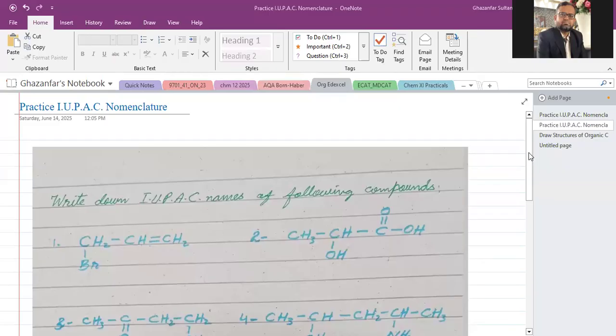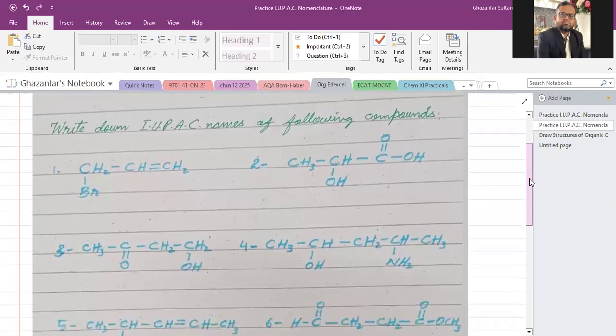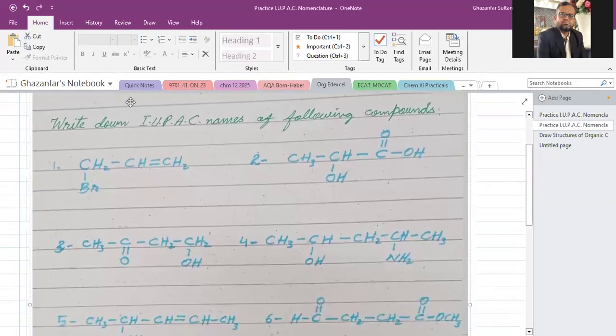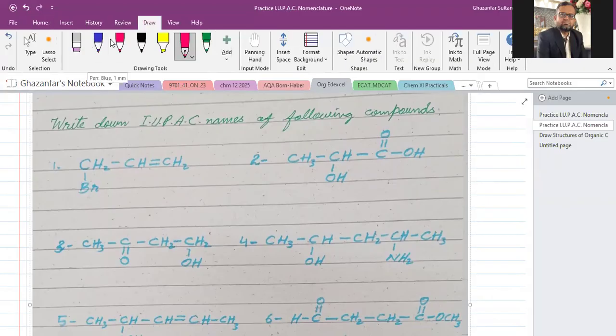So in this practice question, in this assignment, you are asked to write the IUPAC name. So you have written correctly the name of this compound, and it is 1, 2, 3 because double bond is there and there is no other functional group that is given priority over the double bond. So the name is